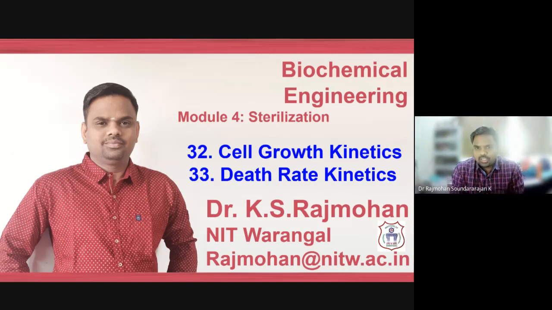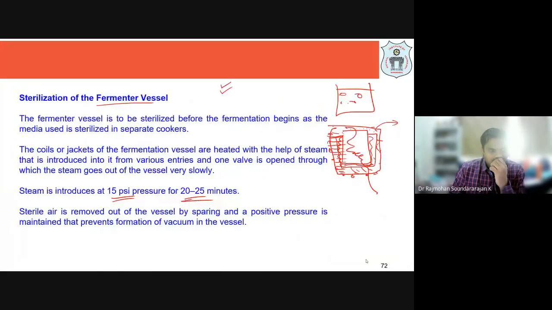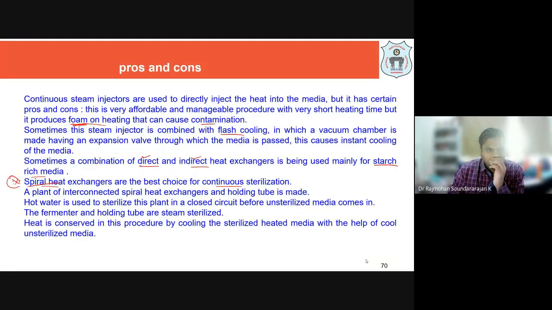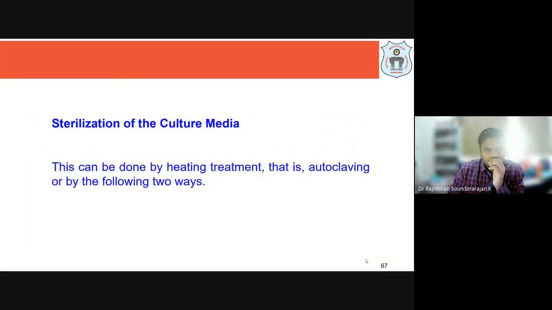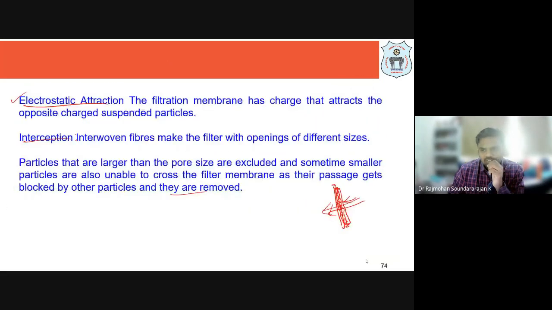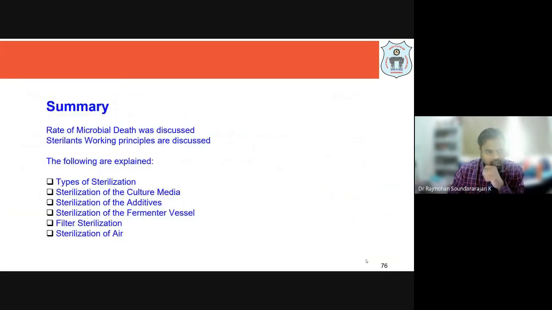In this biochemical engineering course, in this module, sterilization, in the previous lecture, we have discussed in detail the principles of sterilization, what the various sterilization techniques available are, and what the mediums are, for example, sterilization of medium, sterilization of fermenter, sterilization of cultures, all these need to be done. And for different methods, batch sterilization and continuous sterilization, each method has its own advantages and disadvantages, which have been discussed in the previous lecture.